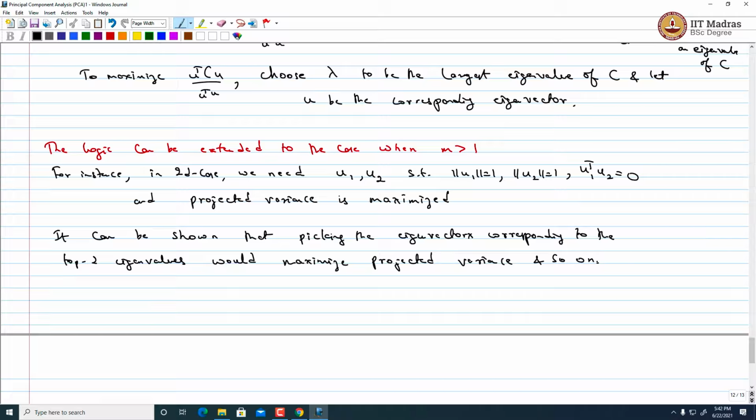You can extend this. So in general, from a maximizing variance viewpoint,